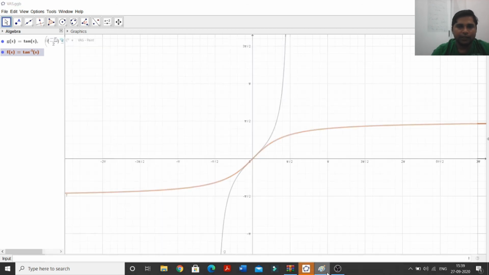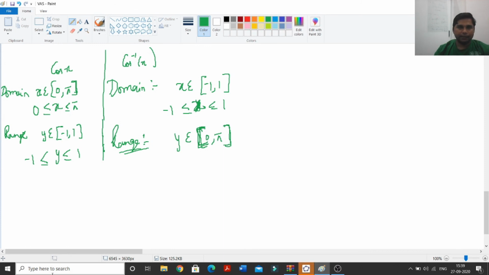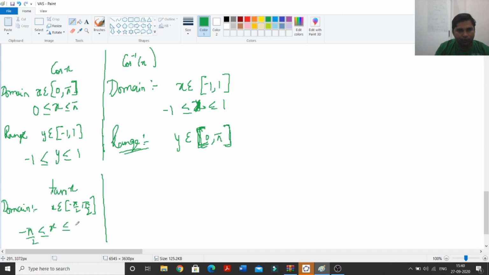So I'm going to write for tan x, the domain, to make it for the inverse, is x belongs to minus pi over 2 to pi over 2, right? That is, x lies between minus pi over 2 to pi over 2,